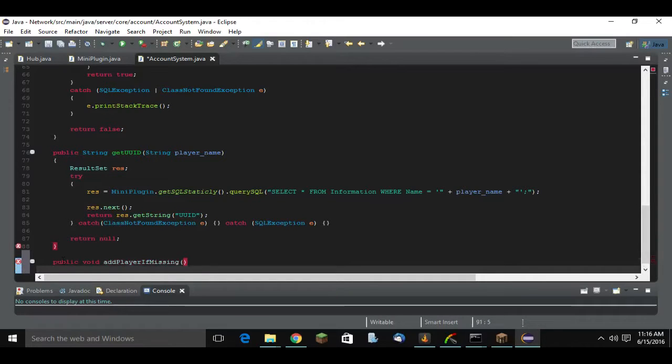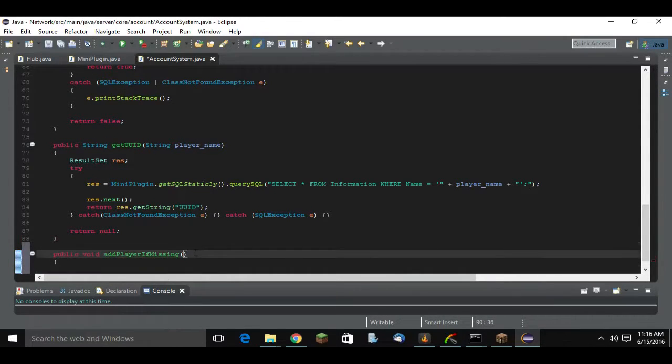And this one we are going to give a few parameters. Except these are going to be final: final String playerUUID